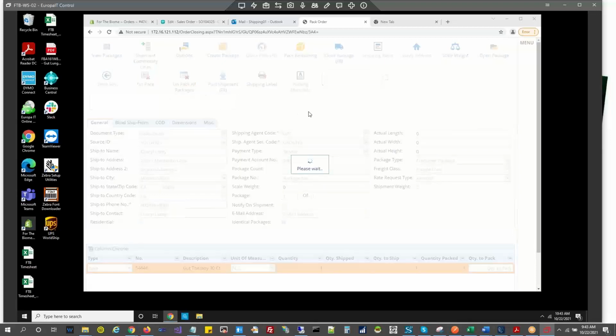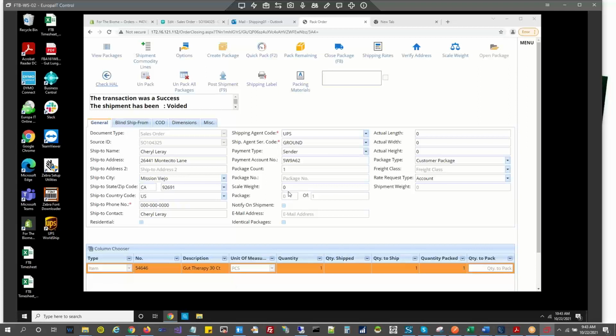So you can do this one for... oh, no, because we have not entered the correct weight here in the rate shop. We have entered 0.07, but here we have entered only the scale weight as 2. Oh, okay. I have cancelled the shipment. That label is now no good. Right. Okay.